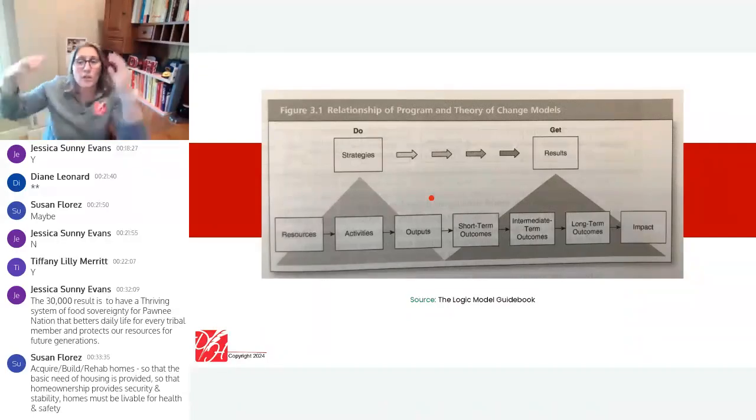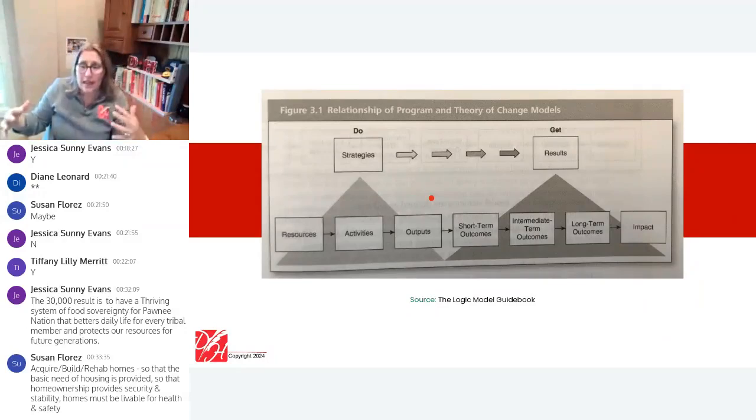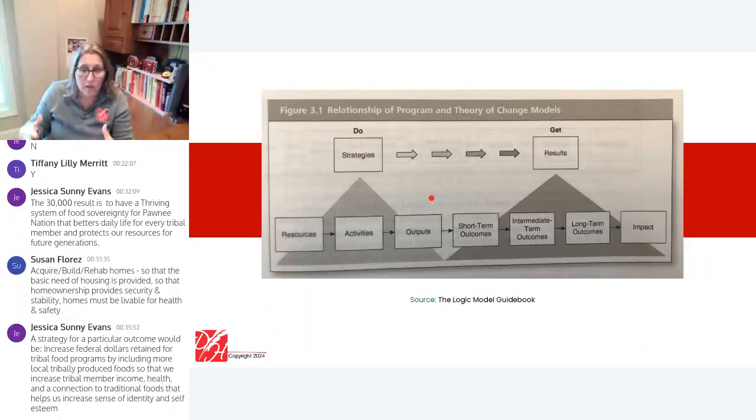Our results at that 30,000-foot level start to break down into the types of outcomes that we can expect, whether they be short-term, intermediate, or long-term. And it also breaks down into the big, broad statement of impact that we intend to create.